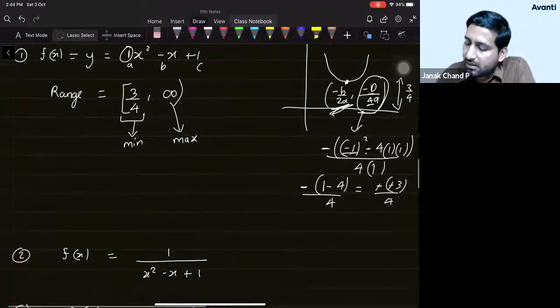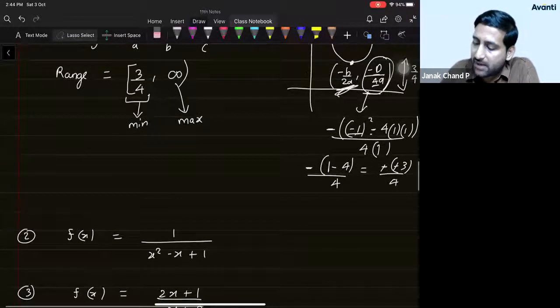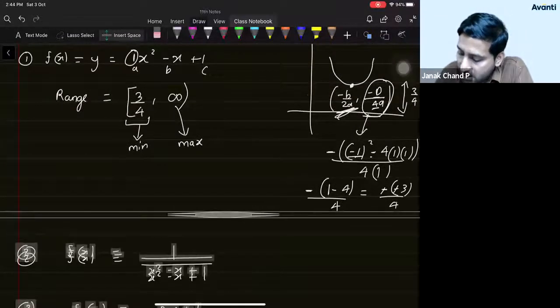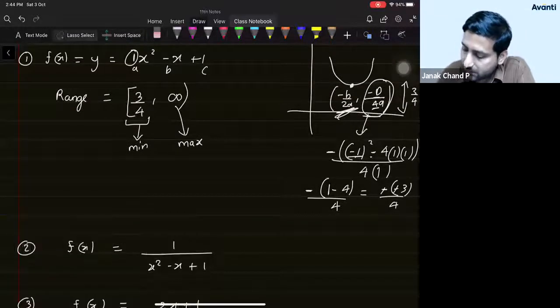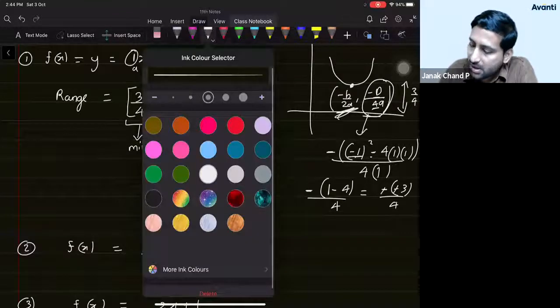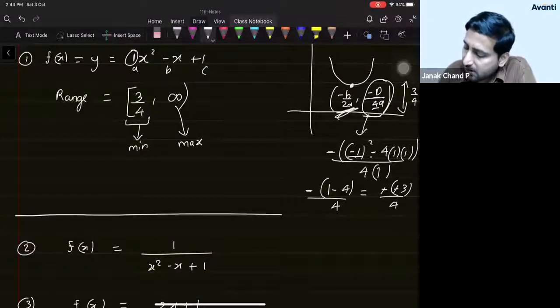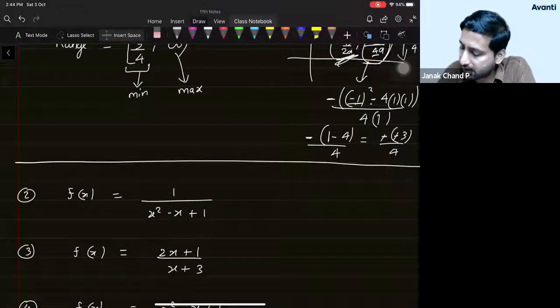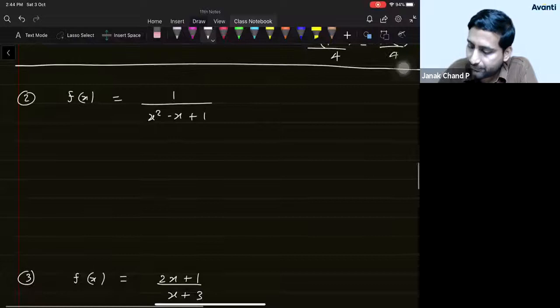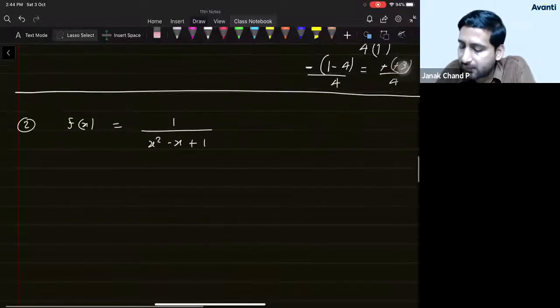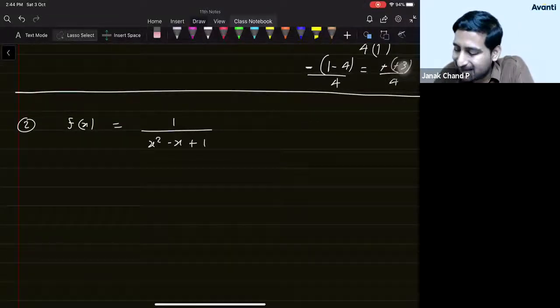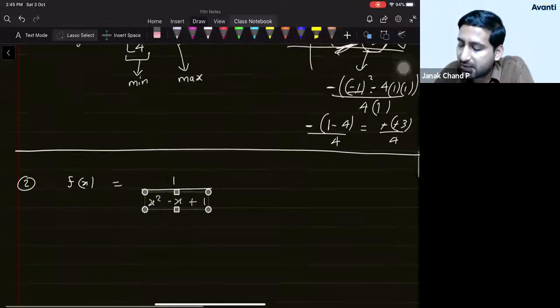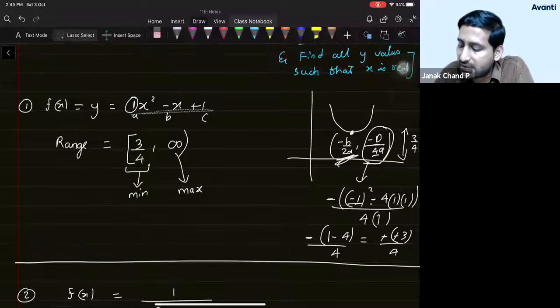Fine. So the next variety is, student, when you have a quadratic expression in the denominator. Let us see how to solve this kind of question. A very simple one, student. We have also done this kind of question, but it will be a kind of recall for you guys. Look at this very carefully. Just for saving time, I have not taken a different quadratic expression. I have taken the same thing that was there in the first example.